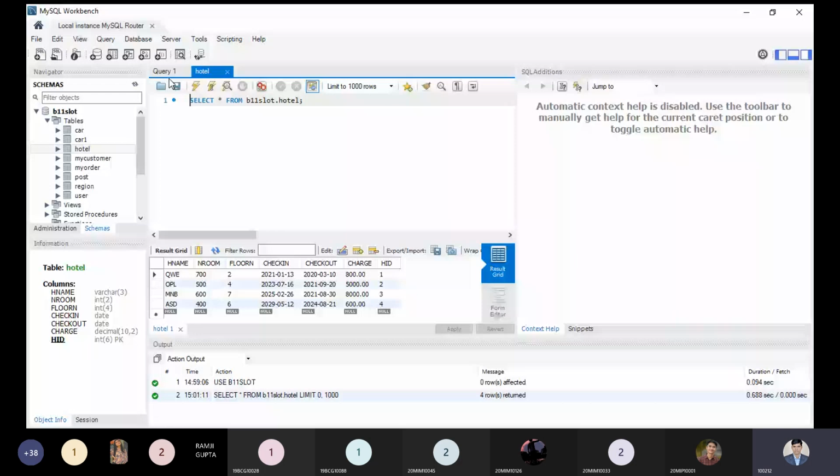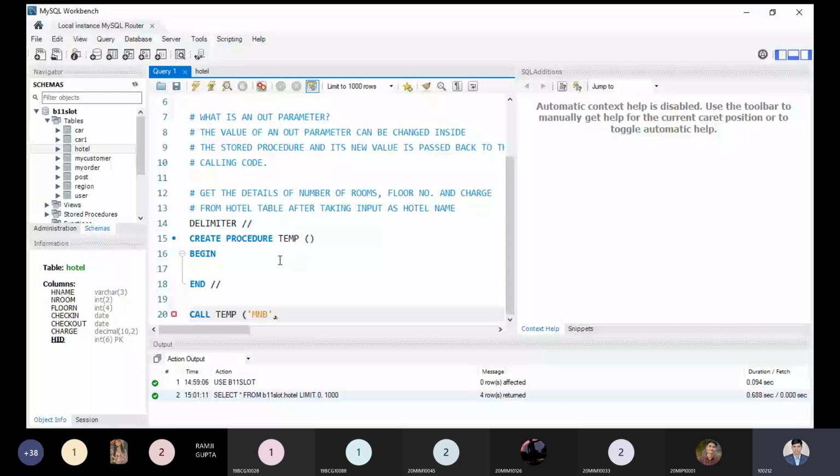With the help of the IN parameter, I take the value MNB as an input. So the hotel name, H name in short, I'm getting, and that should be a varchar with size 25. First I'm just passing this parameter, and now I'm executing this code.